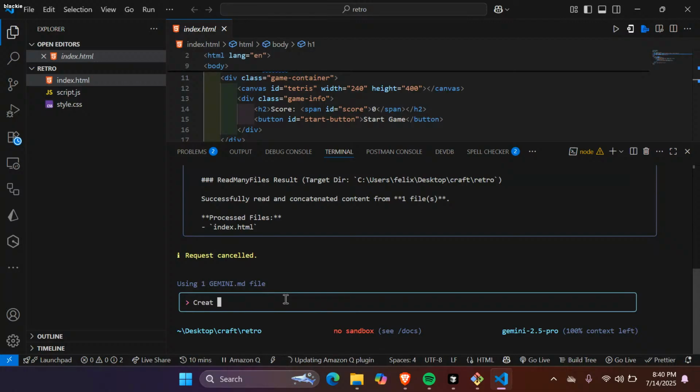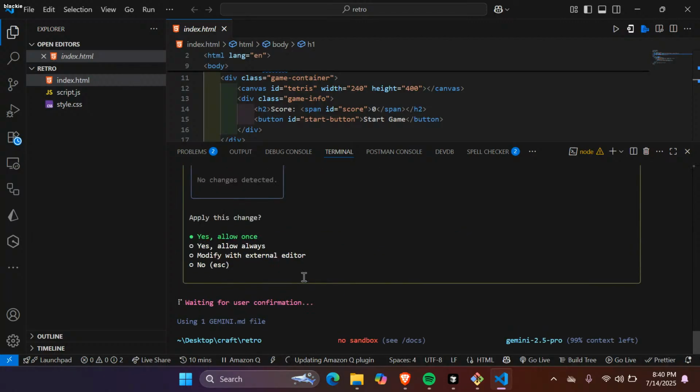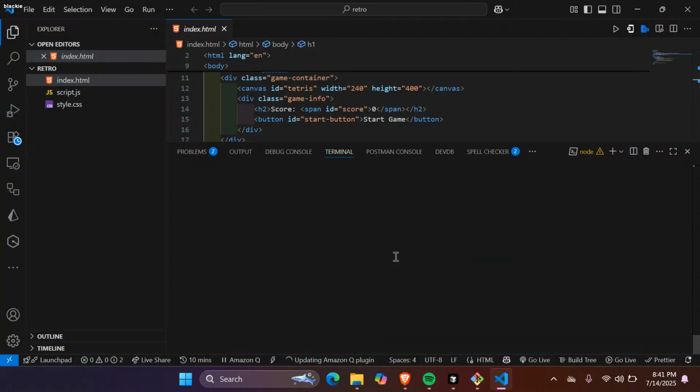Create a task.md file that you will be following with the tasks that I will be giving you in this project. It did not ask, so we'll just allow.